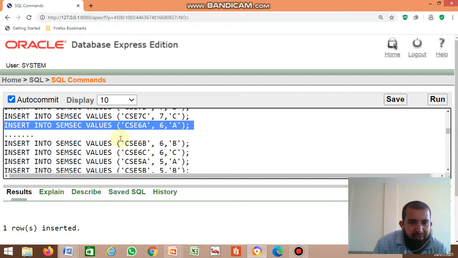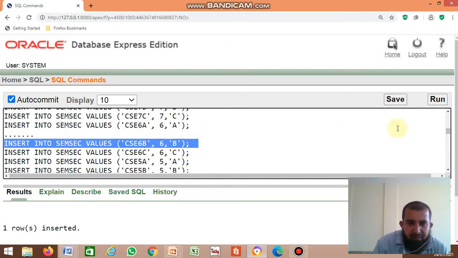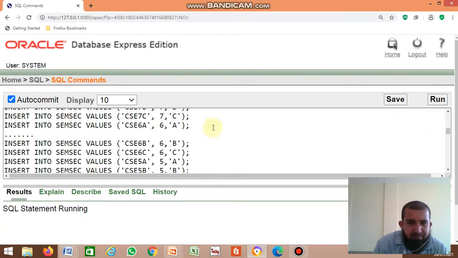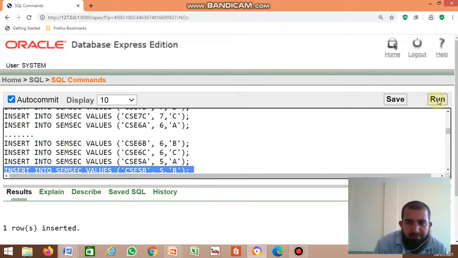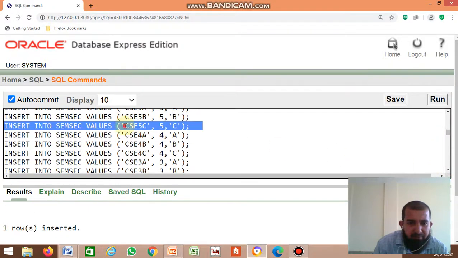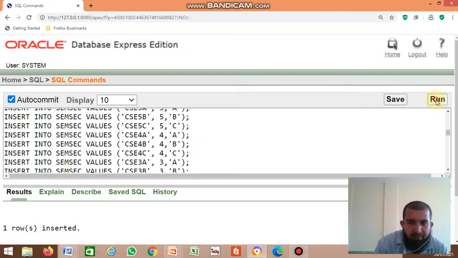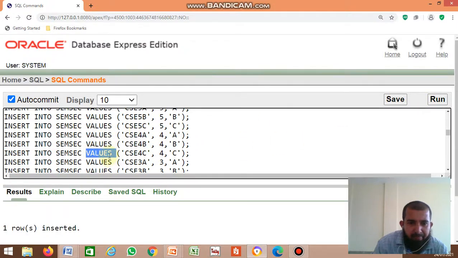Next, after that, the SEM-Seq table: this is SSID, this is semester and this is the section. Next record.